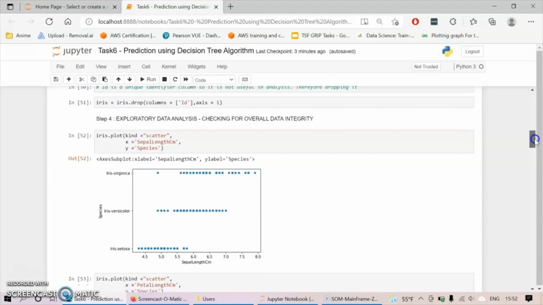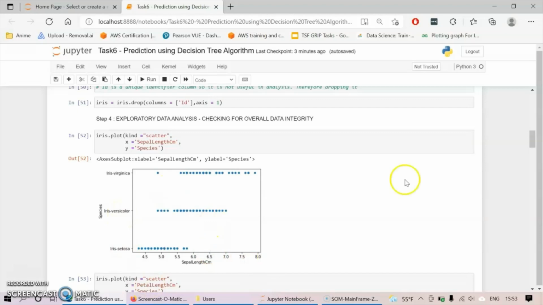Next I did a simple exploratory data analysis to check the overall data integrity, which means checking whether there are any outliers or weird values present. The first one I always try is a scatter plot with the species, the dependent variable.